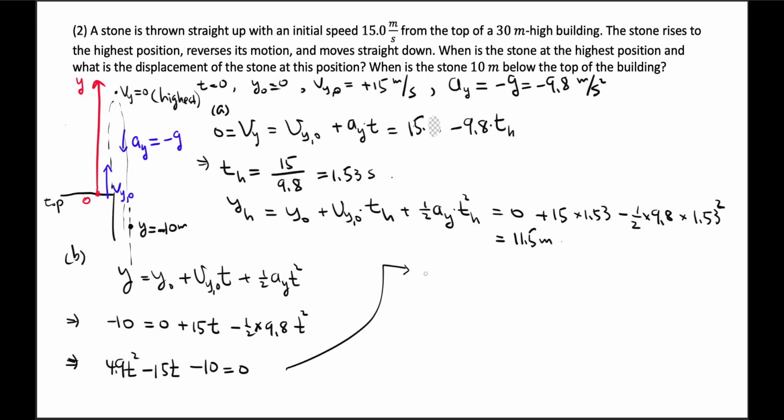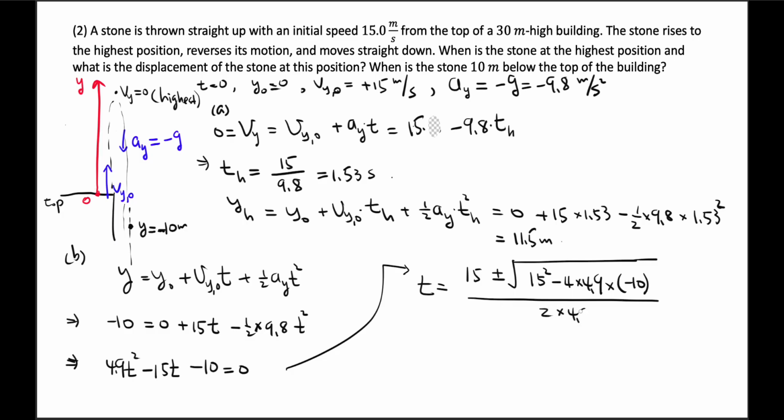We continue here. So the solution is given by 15 plus or minus the square root of 15 squared minus 4 times 4.9 times negative 10. We need to keep the negative sign here, and then divided by 2 times 4.9. Okay. Now when you plug in the positive sign, you get a value which is 3.62 seconds. And when you plug in a negative sign, you'll get another value. It becomes negative 0.56 seconds. Okay, so I'm going to say this one is unphysical